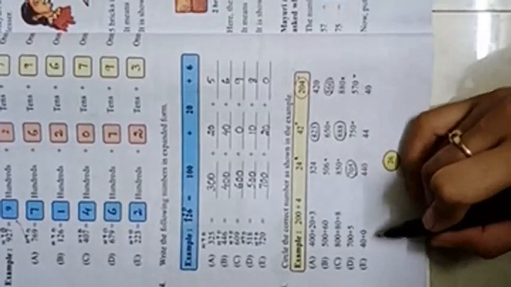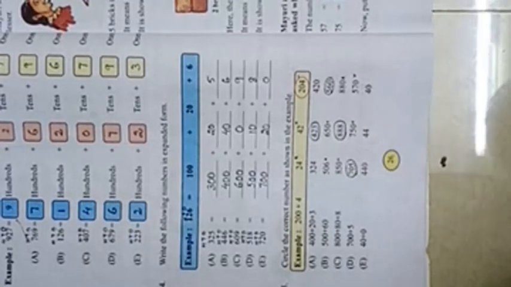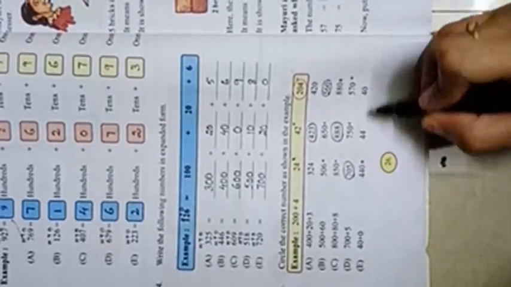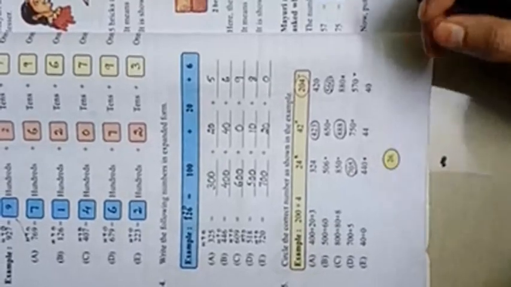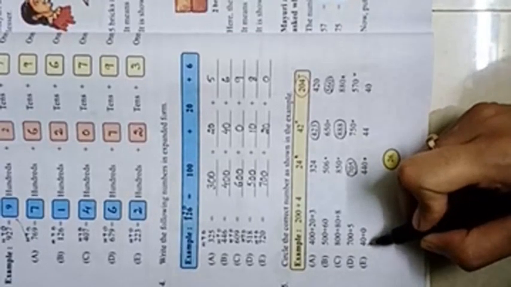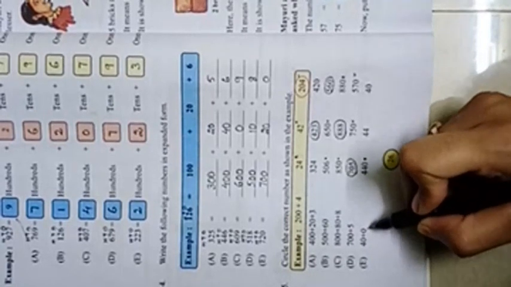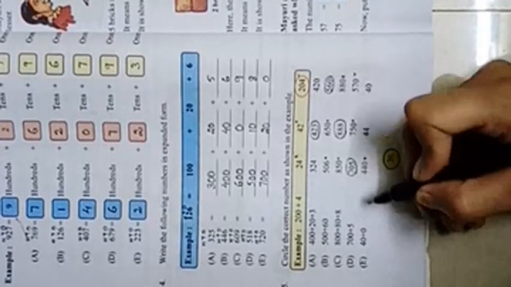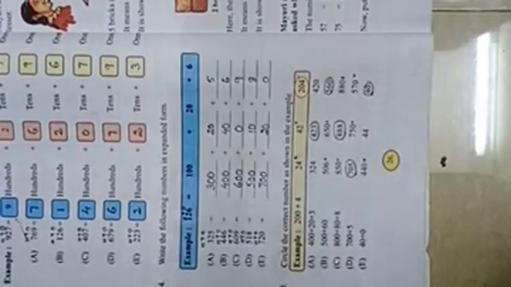So here, my dear children, observe carefully. There is no 3-digit number, so no question arises for a hundreds place number. Here you see a hundreds place number is there. This is the wrong answer. Here we have 2-digit numbers. Which one is the right answer? You have to tell me. Here in the tens place there is a 4. In the ones place there is a 0. So 40 plus 0. If you add any number with 0, you will get the same number. 40 plus 0 is 40. So this is the right answer. Circle it. Understood?